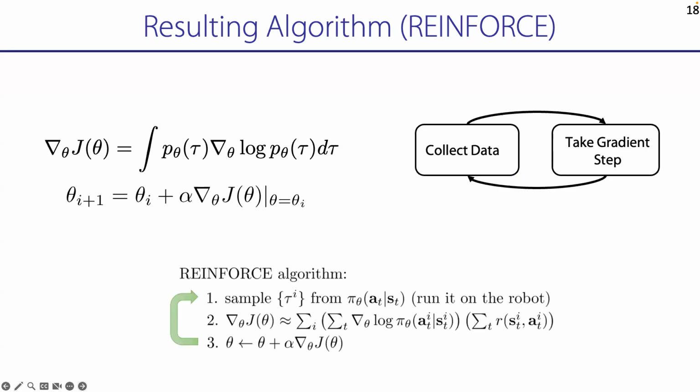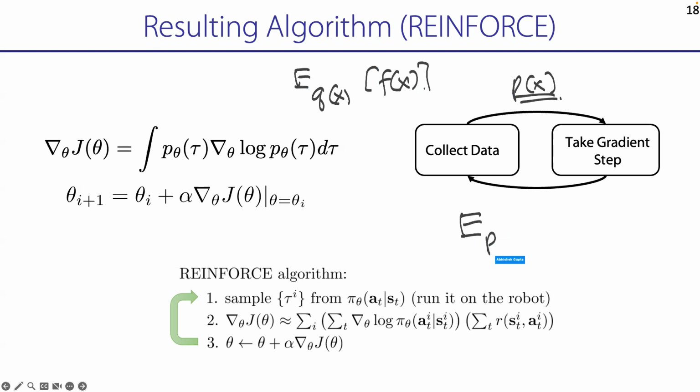What importance sampling lets you do is that if you have an expectation according to some distribution Q, you want to compute this, but you only have access to some distribution P instead. You only have samples from some distribution P. So what you can do is compute this expectation under Q as expectation under P of Q over P